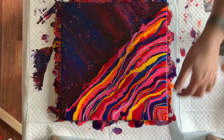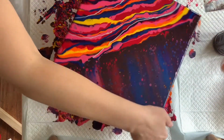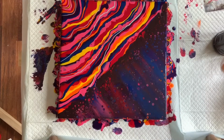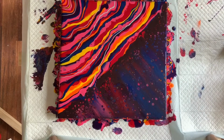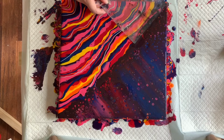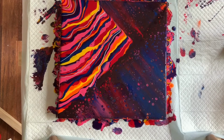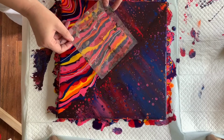All right, let's flip this baby around. Look at those beautiful cells already coming up. I'm trying to keep my canvas where it was, so hopefully you guys are still getting a good view. Put the cap on that. All right, now this direction. All right, look at that. This one's gonna be a dark one, but once we get those cells to come up,